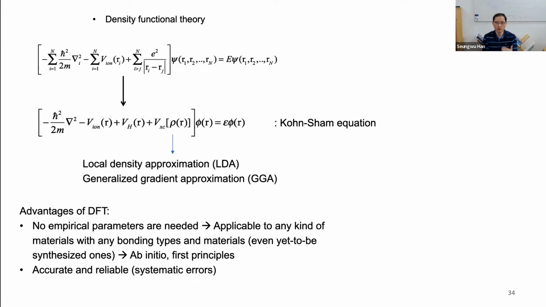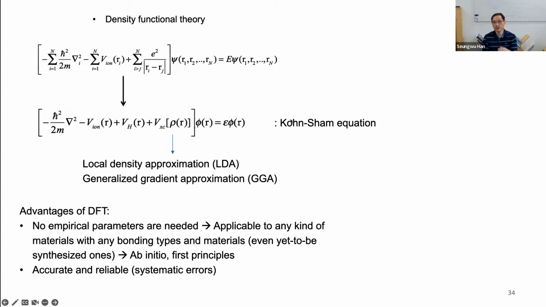But still, we have to solve the many-body electron system, which is quite complicated. There are a huge number of variables. Let's take the example of C60. In C60, you have some hundreds of electrons, and all of them move in three dimensions. Therefore, the wave function has a dimension of several hundred or even 1,000, which is completely unsolvable using any kind of supercomputer. So then, Kohn and Sham developed the density functional theory a very long time ago,